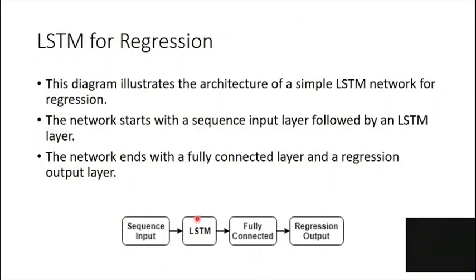The third application that you can have is application of LSTM for regression. For example, you want to predict what is the stock price for tomorrow based on the historical stock price information. So what you do is you give the input, you have the LSTM layer, the fully connected layer also. Together with LSTM, they learn the dependencies and they generate the model. And finally, you have the output, which is the estimated stock price value at the next instant of time. So this is one example where you will have LSTM being used for regression applications.